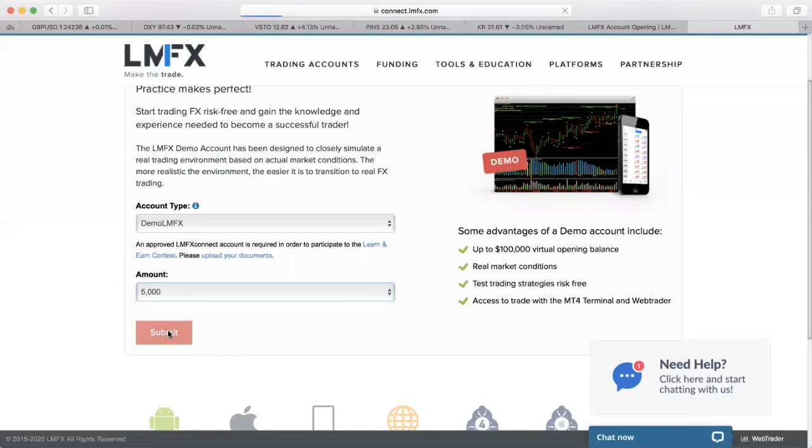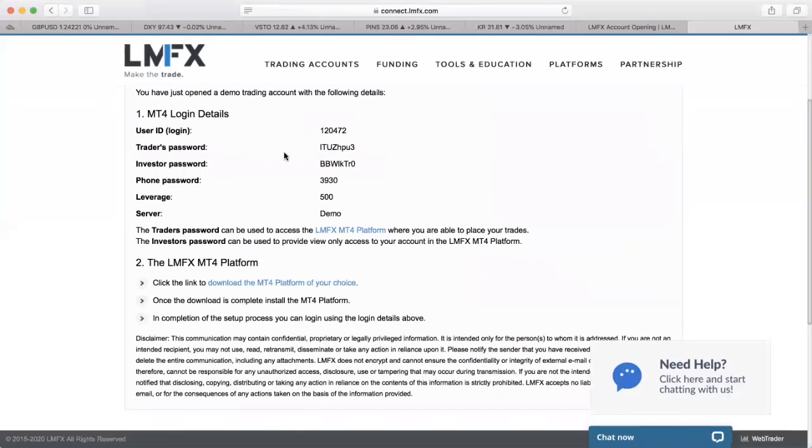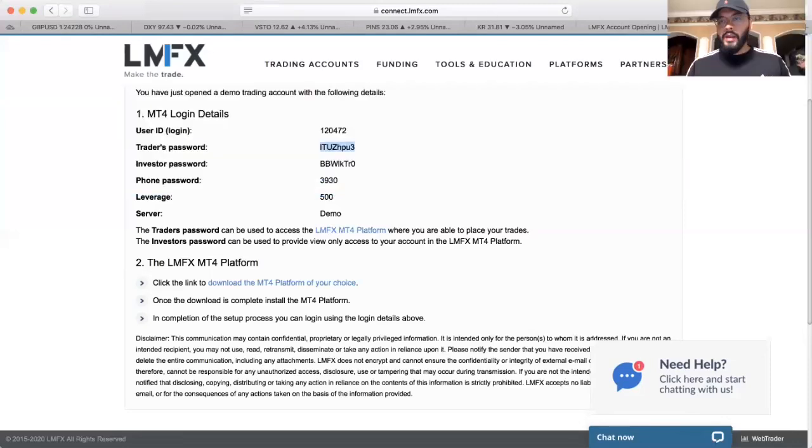Once you hit submit, you'll be prompted to a screen that will give you all of your login details, which I'm going to go ahead and show you how to put all your details into your MetaTrader 4 platform. Once you've already received your details here, you're going to receive your login number and your trader's password, which, as you can see here, the trader's password can be used to access the LMFX MT4 platform. So it's going to be this one that you use to log in. And I'm going to go ahead and show you exactly how to set up your demo account and link it up with your